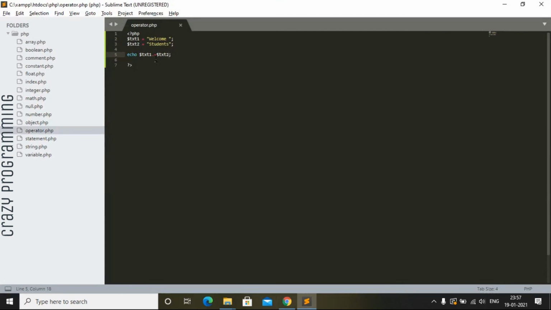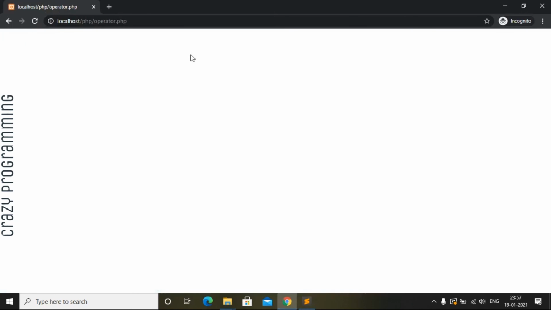So now you just understand that txt1 is equal to txt1 plus txt2. So this is clear, that this means this, and now it's time